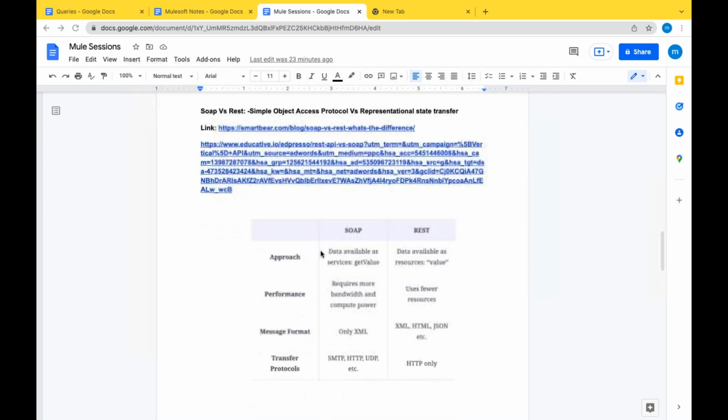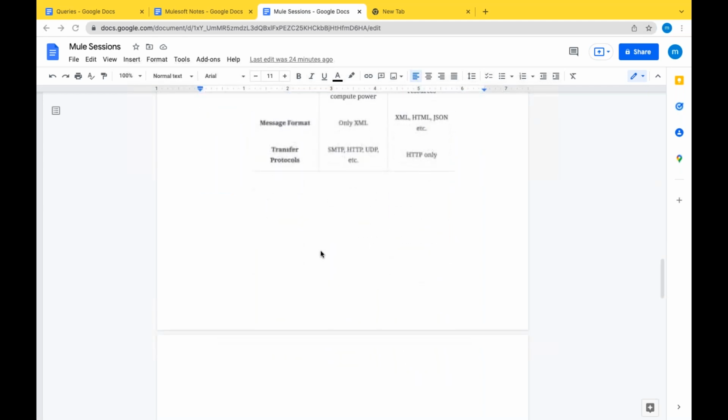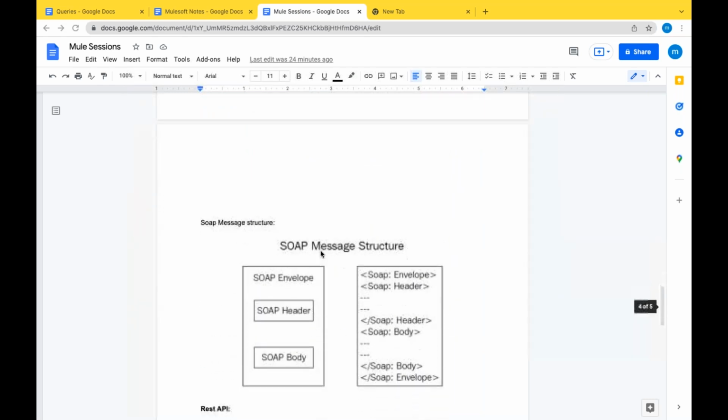A SOAP web service is completely XML based. The transferring of data from one system to another system is completely done in XML format, which has some structure.